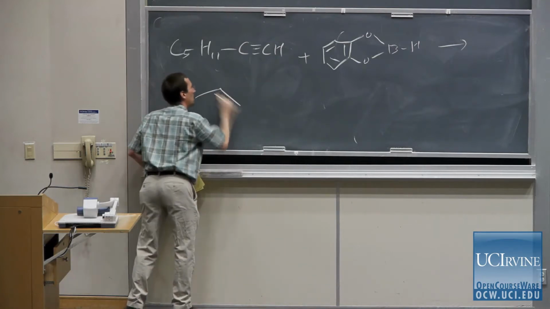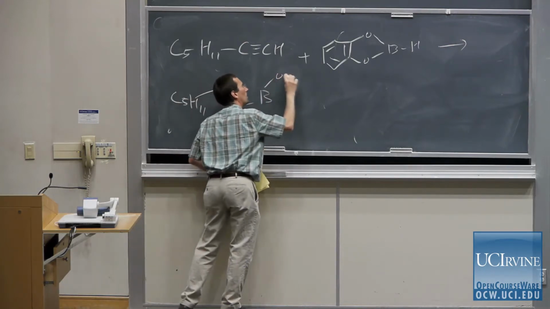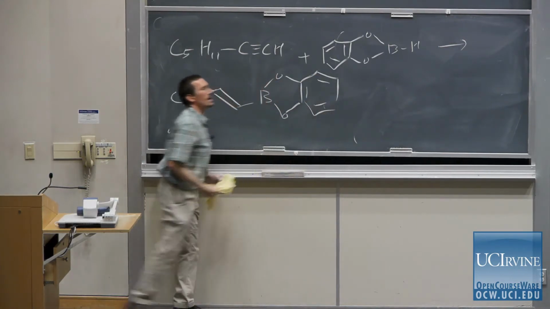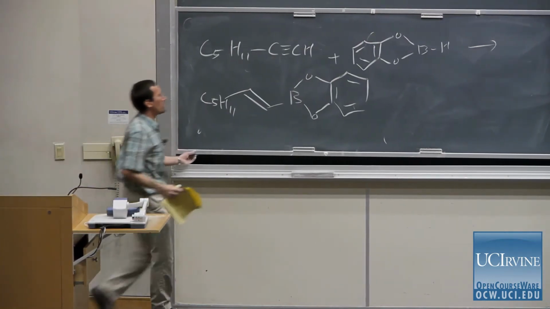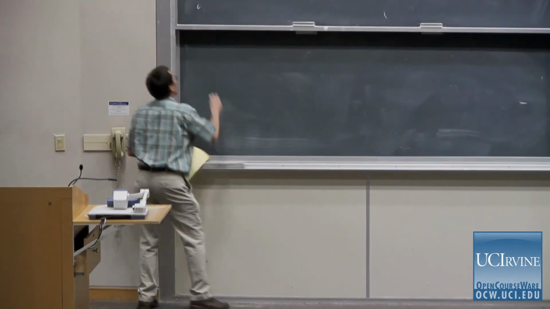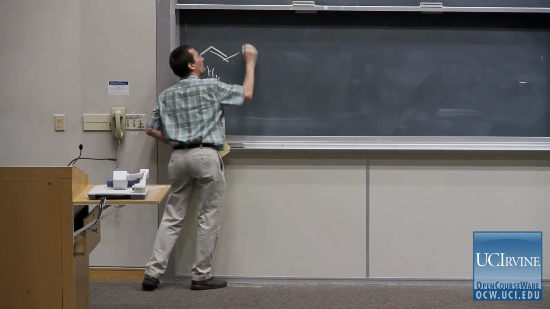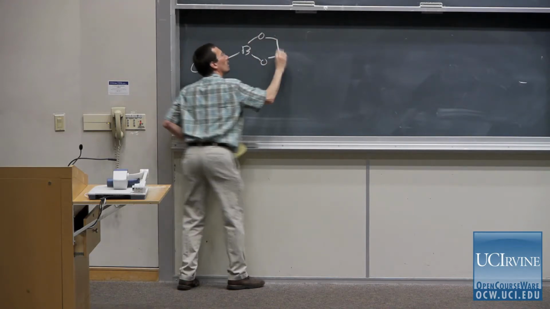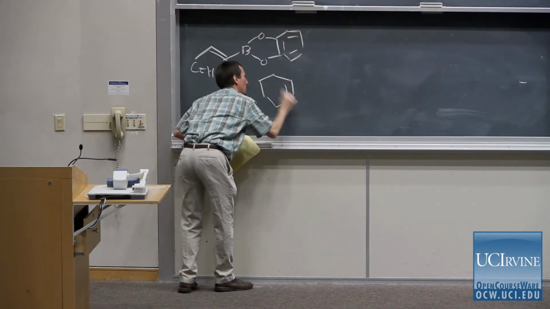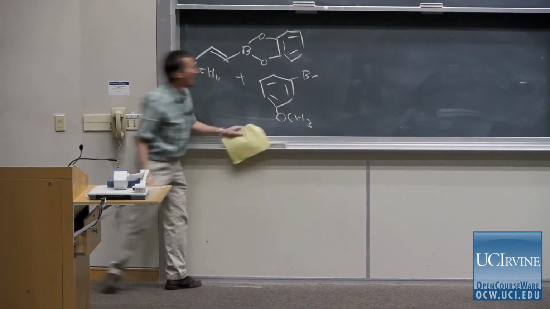That gives us our C5H11 alkenylborane. Like so. And then I could imagine combining that boron compound and our bromomethoxybenzene, which we won't talk about how to make, but fortunately I've given you a chemical supply house that provides